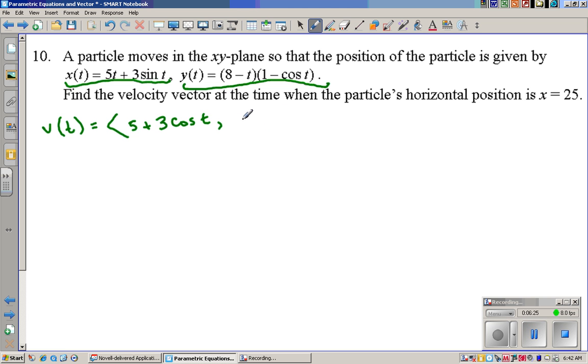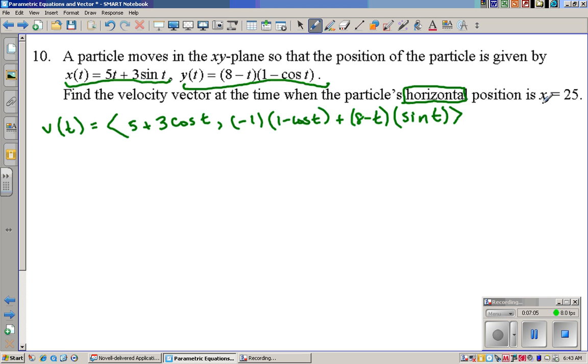So that's going to be 8. Sorry, just kidding. Product rule, so that's going to be the derivative of 8 minus t, which is negative 1, times 1 minus cosine of t, plus 8 minus t times sine of t. Okay, so here we have my velocity vector. Shouldn't be a problem. Then it says find a velocity vector at the time when the particle's horizontal